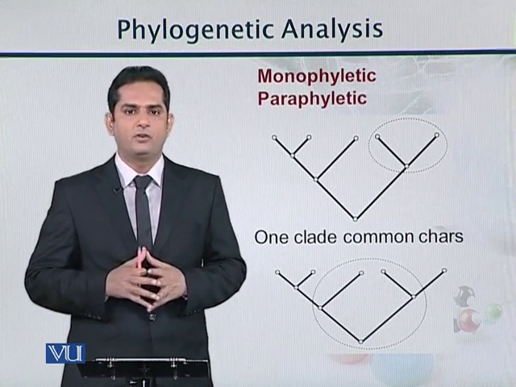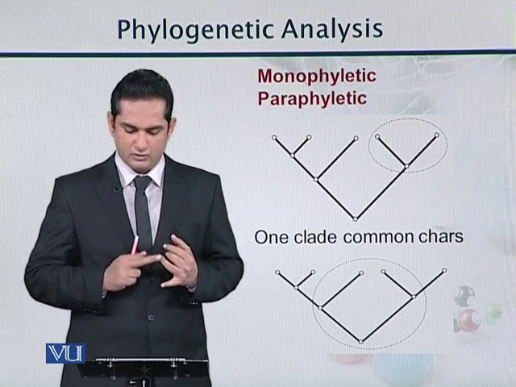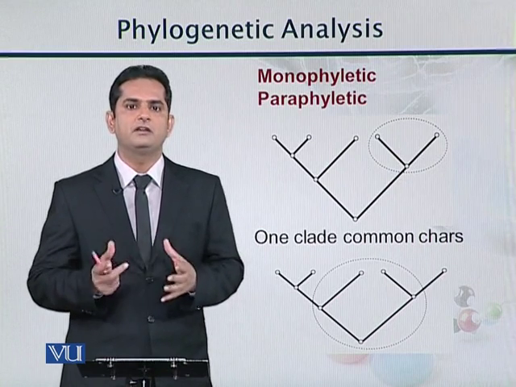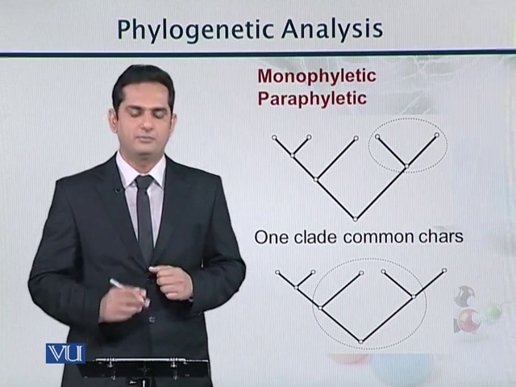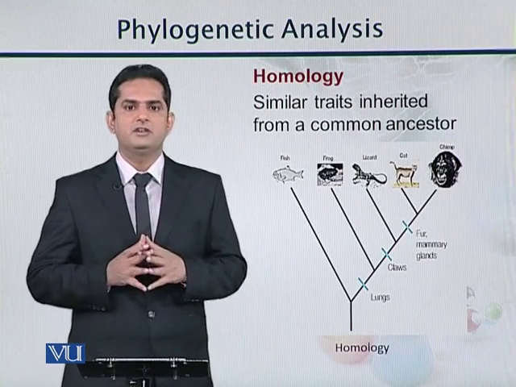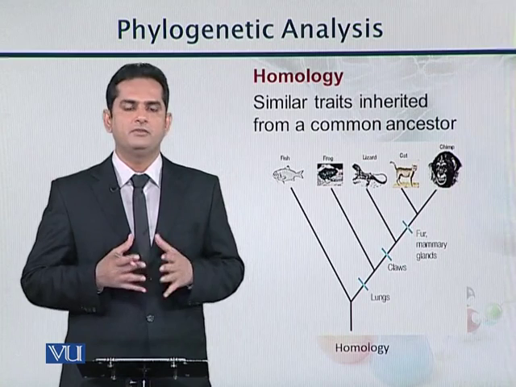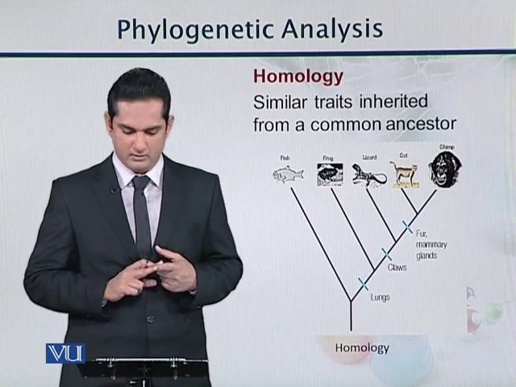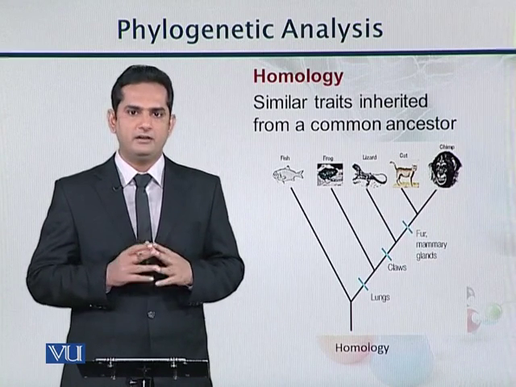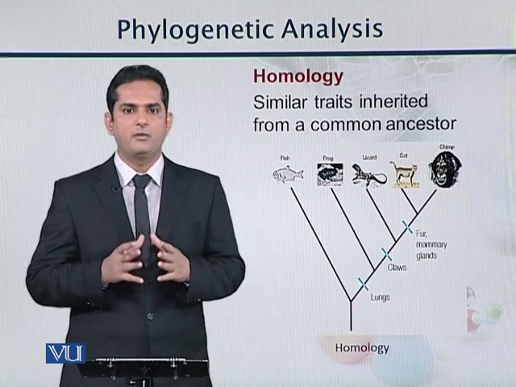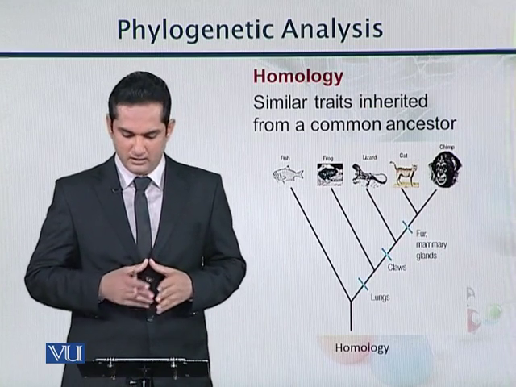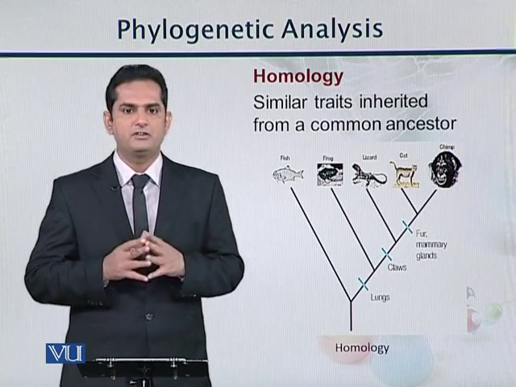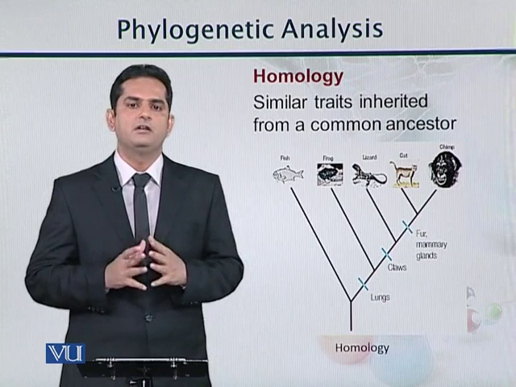There are again two types: monophyletic and paraphyletic trees. What is monophyletic? Mono means one, so monophyletic means from one clade, from a similar group, and paraphyletic means from different groups. Based on these definitions, we now come across two very common definitions for phylogenetic analysis: number one, homology, and the other one, homoplasy. For homology, we say that these are traits or species which are inherited from a common parent or common ancestor. The example shown here has fish, frog, lizard, cat and chimpanzee, and we say that these are from the common ancestor, but there are modifications also.